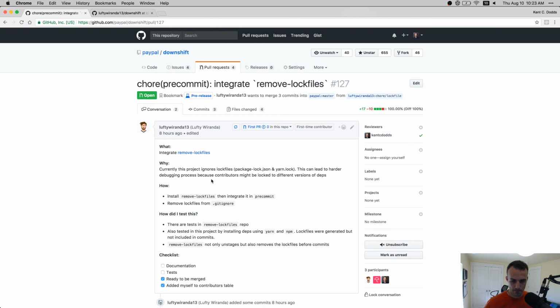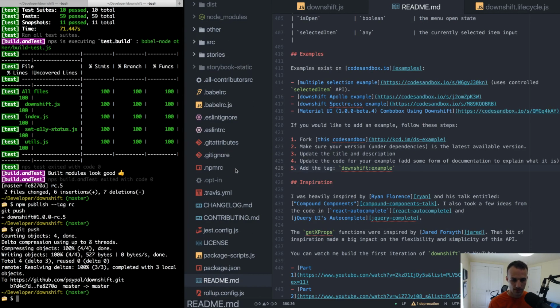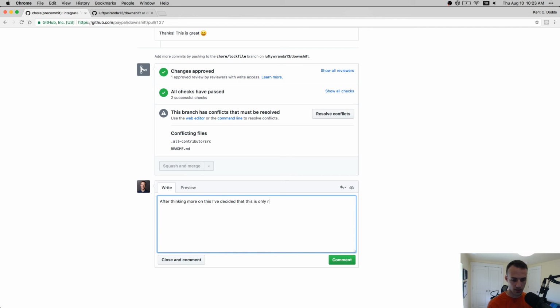Yeah, okay, I guess this is only really useful for folks who are using Yarn. No, I don't want to do it. Okay, after thinking more on this, I've decided that this is only really useful for folks who use Yarn, because if you use npm, you have the package-lock=false in the .npmrc, which you noted. I like helping, well, because this is only useful for folks who use Yarn,